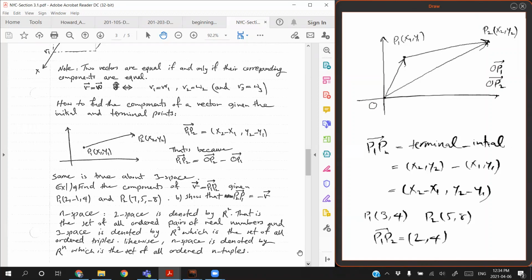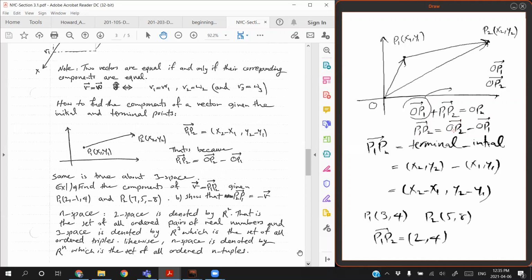Now you can see that this vector here, the vector OP2, is actually the sum of the vector OP1 and P1, P2. So it's evident that if you add up OP1 and P1, P2 using the triangle method, you're going to get OP2. Okay, so now you can see that if you just move this to the other side, you get P1, P2, which is the vector we are interested in, is going to be OP2 minus OP1,